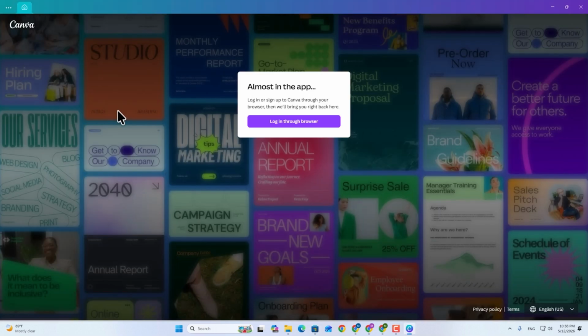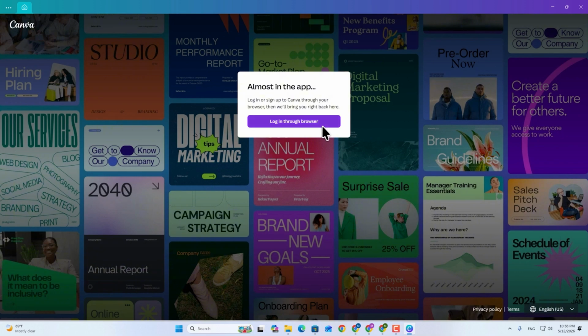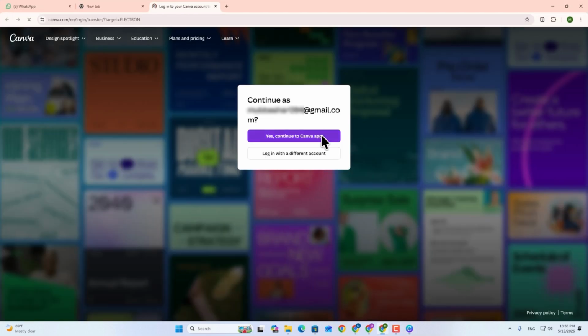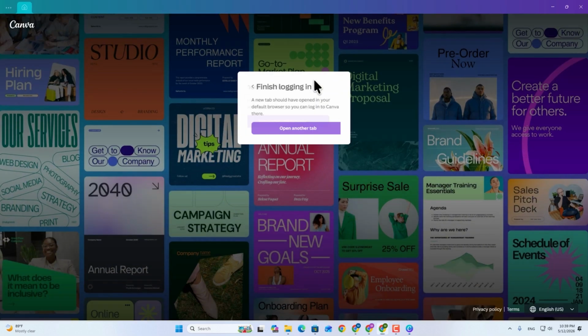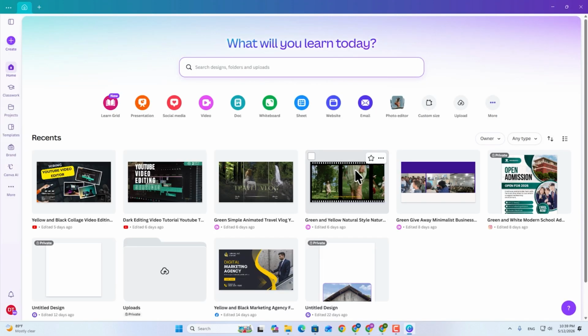Now sign in with your Canva account. You can log in using email, Google account, Facebook, or another available login option. After signing in, you can start creating presentations, YouTube thumbnails, social media posts, logos, and many other designs directly from